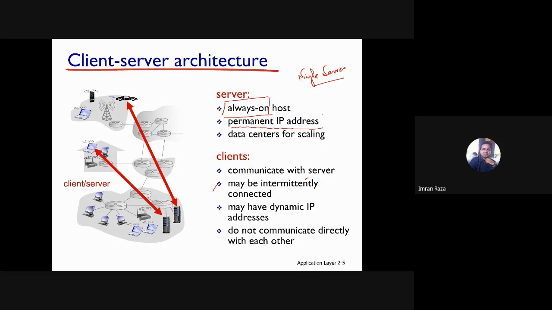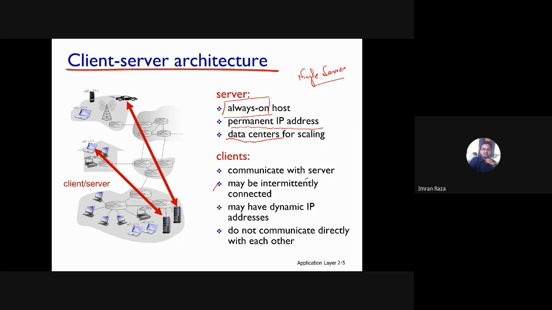So that's why we have this concept of a data center, right? A data center houses a large number of servers, right? So a data center is housing a large number of hosts. Why? To create a powerful virtual server, right?